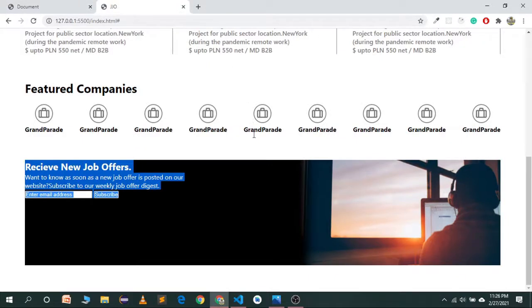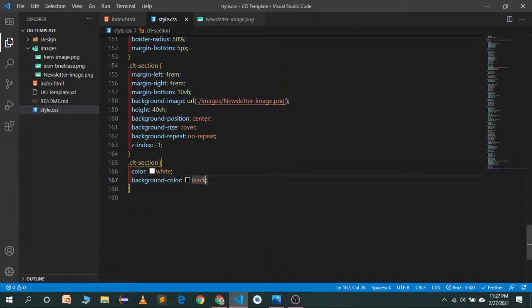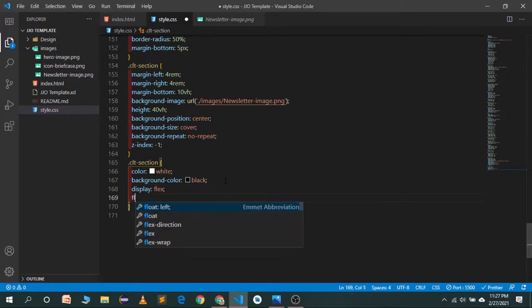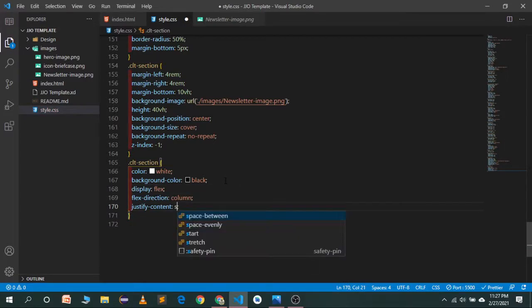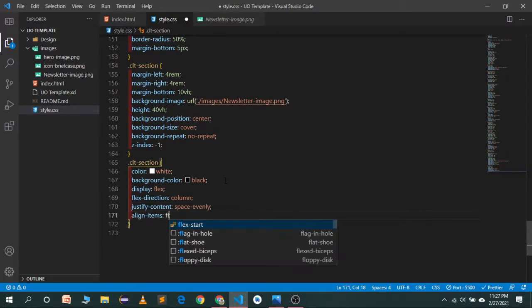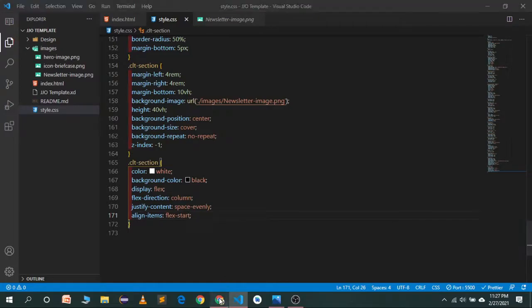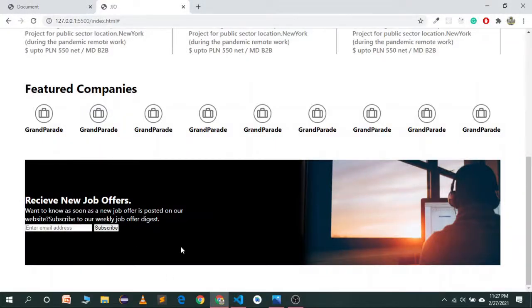We just want the text in the middle, or we want a margin left and margin right. So let's give it display flex, direction column, justify content space evenly, and align items flex start. Let's save it, and now you will see we have a space.